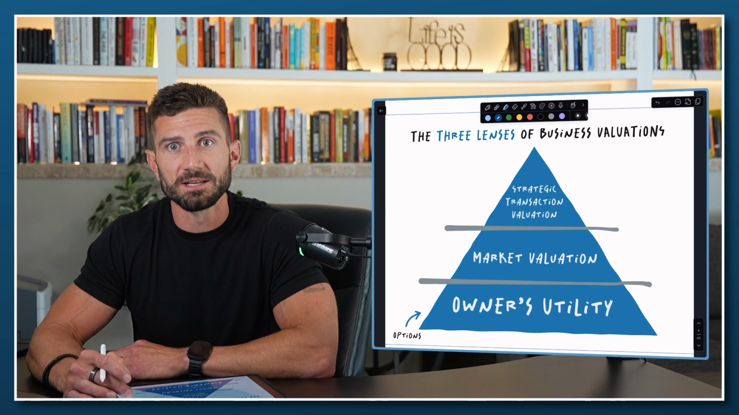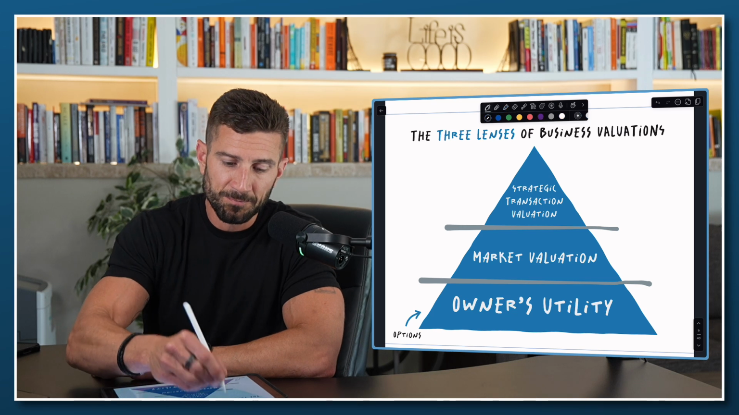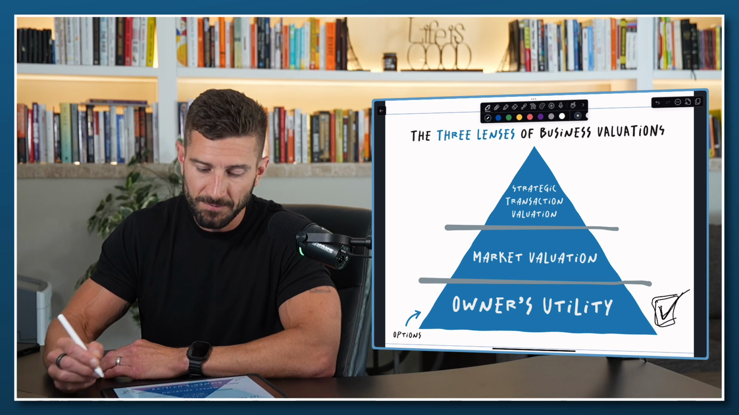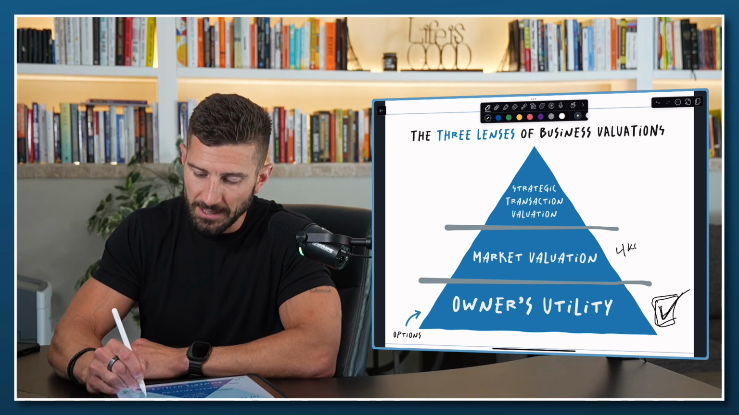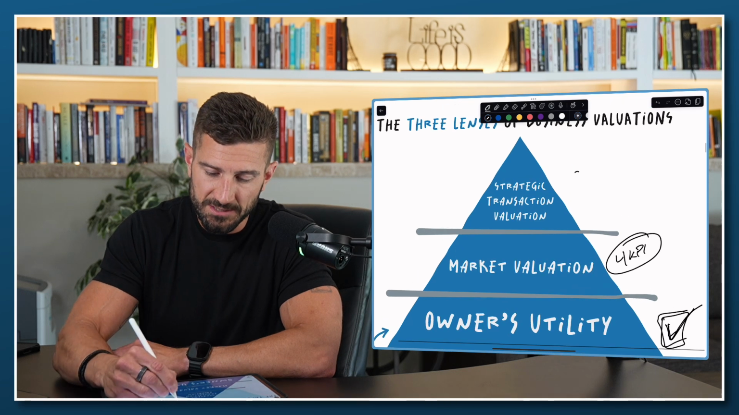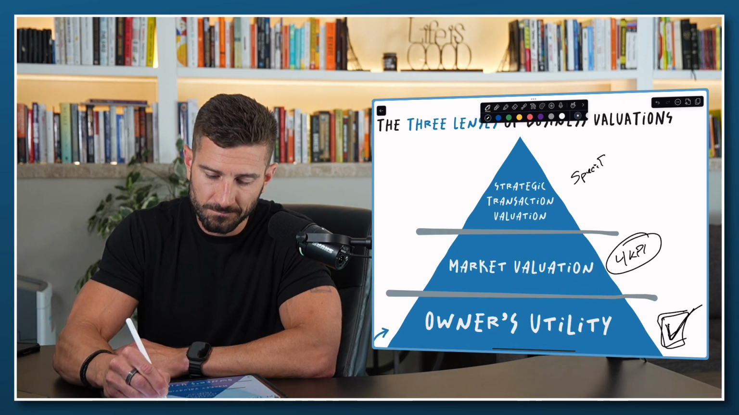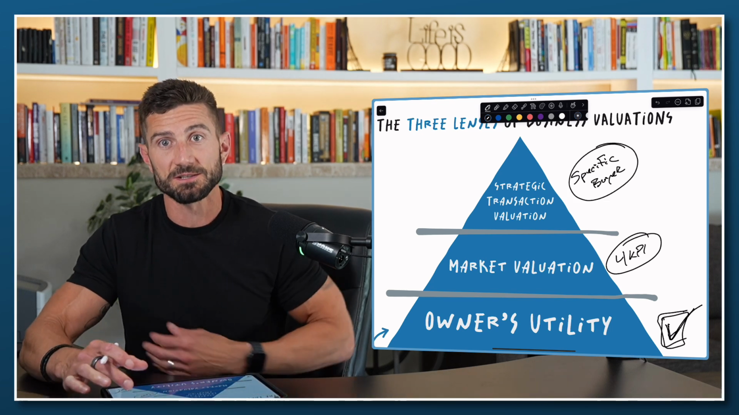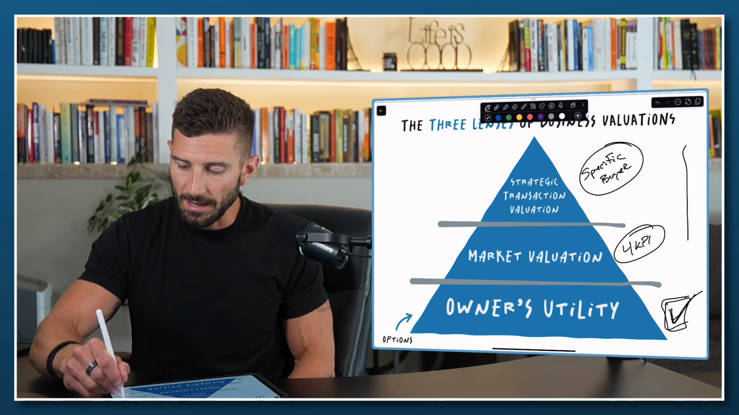Which is why I created these 3 lenses of the business valuations. And as I said, there's a video already about this owner's utility lens. Go check that out if you have not. And we're going to be talking about the 4 KPIs in the market valuation. And this one is a specific buyer, where there's a unique deal structure with a specific set of circumstances that is going to, hopefully, give you a lens